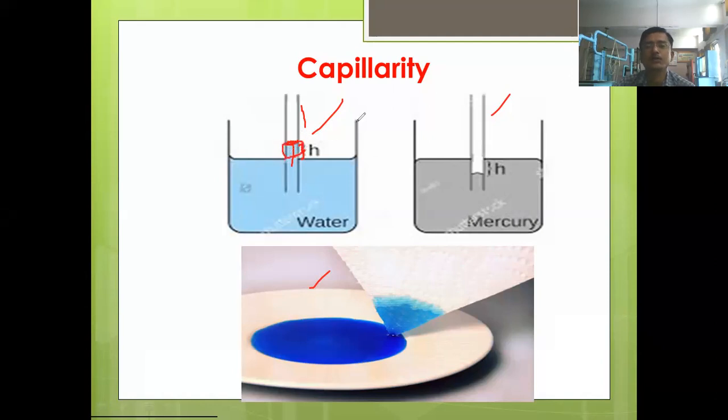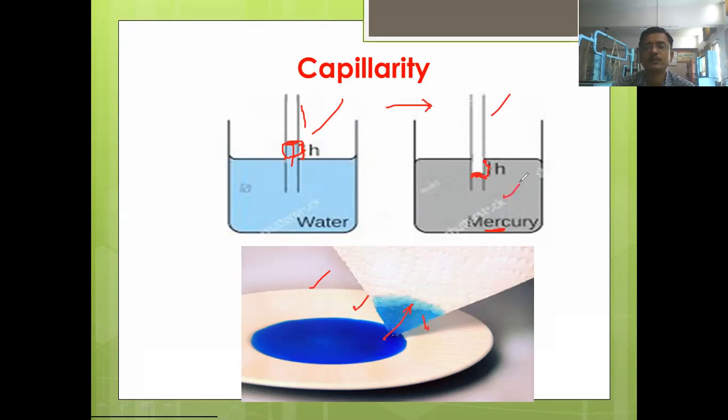Okay, or you can do another experiment. Take a small diameter glass tube, insert that glass tube inside the mercury. Okay, mercury मध्ये जर आपण ते insert केली, then you will observe there is a decrease in the depth surface area. Okay, and you will observe the depression of the mercury inside the glass tube. Okay, and you might have seen this one. They take the ink in small amount and then take a tissue paper, and you will observe that this ink has risen here against the gravity. It has come here against the gravity.